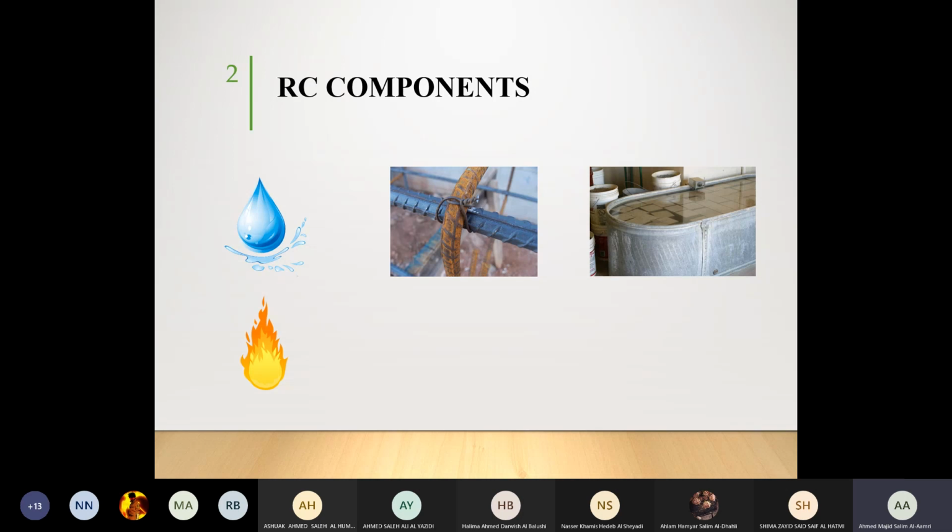Now, to understand this point, you need to return back to the raw materials. Now, steel, we said it was liquid, heated, and then cooled. Now, if you are reversing the action, you will see that your steel is going to melt. Now, for concrete, the raw components of the concrete are gravel, sand, cement. Gravel and sand are not easily burned. You cannot bring a stone and then burn it. Sand is going to be affected, but after a long time.